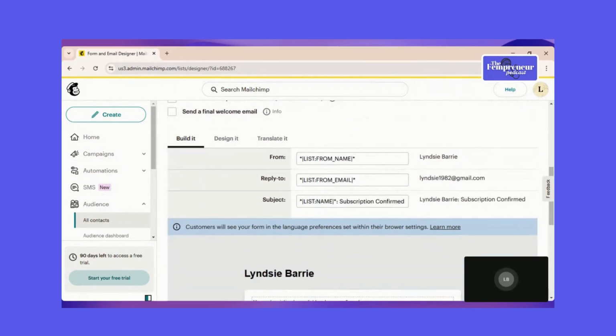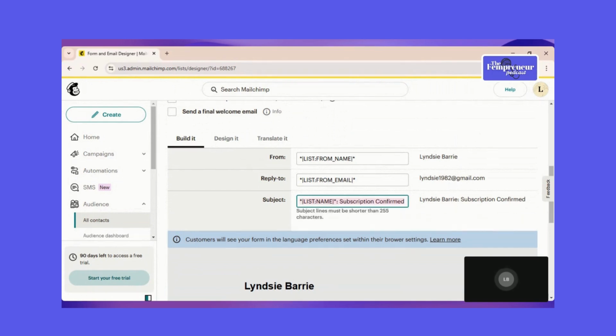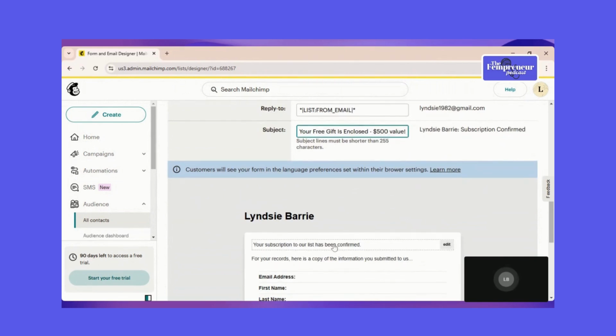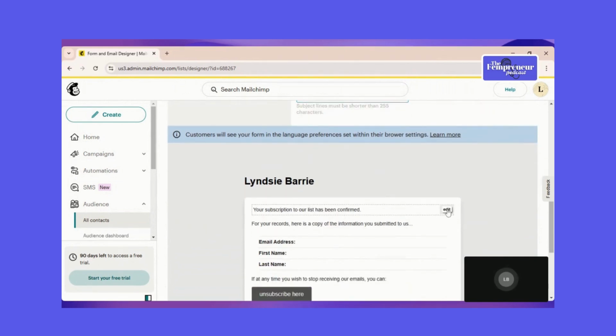So it says that it's from you. It says your email address. It says subscription confirmed, but we don't like that. We want to say your free gift is enclosed, $500 value, or whatever value you said it was on the first page. And this is where you're going to, once again, say,